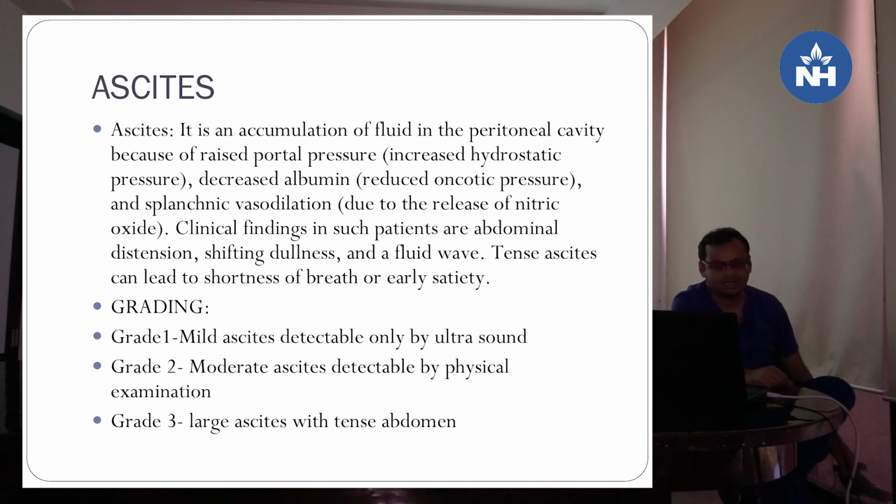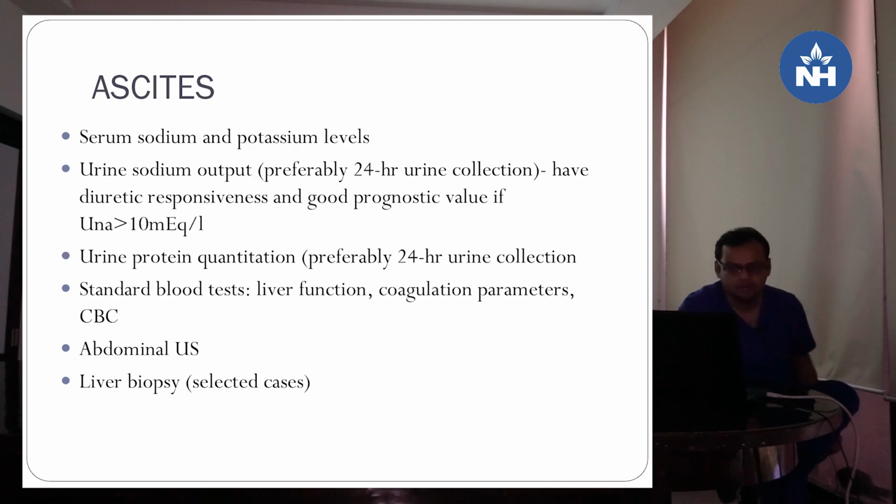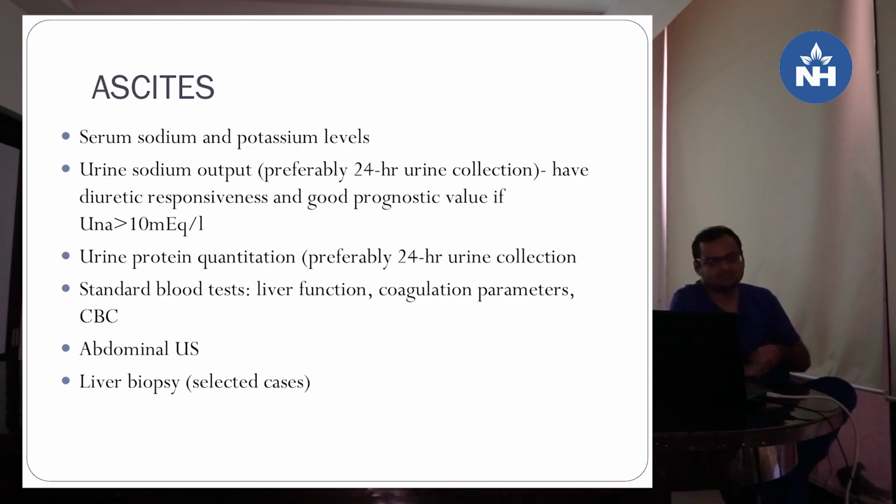Grading: International Ascites Club grades ascites into 3 grades: 1, 2 and 3. Grade 1 is mild ascites detectable only by ultrasound, grade 2 is moderate ascites detectable by physical examination, and grade 3 is large ascites with tense and distended abdomen. Recurrent ascites, when there is accumulation of ascitic fluid more than 3 times in a year in spite of doing treatment, is called recurrent ascites. And there is early recurrence when more than 2 to 3 recurrences occur within 1 month. So this is the slide that shows